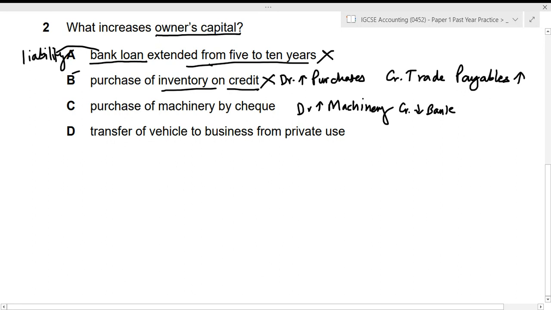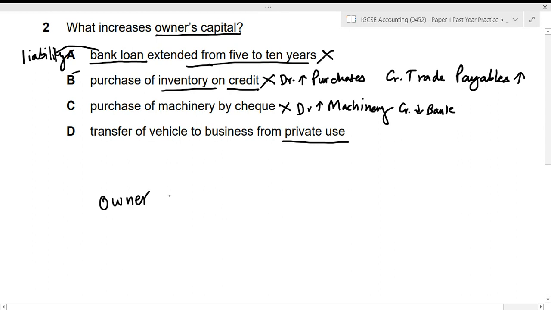Now D says, actually, none of these three transactions have capital in it. None of these transactions have a capital effect. That means either directly it's not affecting, maybe there is some indirect effect, but it doesn't show any direct effect here. So even if I don't read D, it's highly likely that D is the answer, but let's confirm. It says transfer of vehicle to business from private use. That means